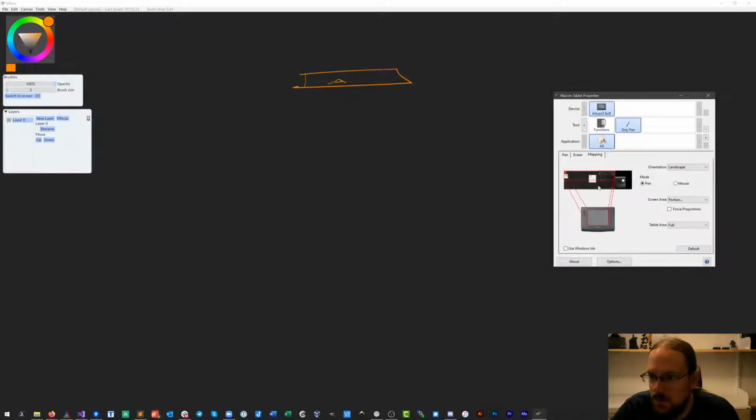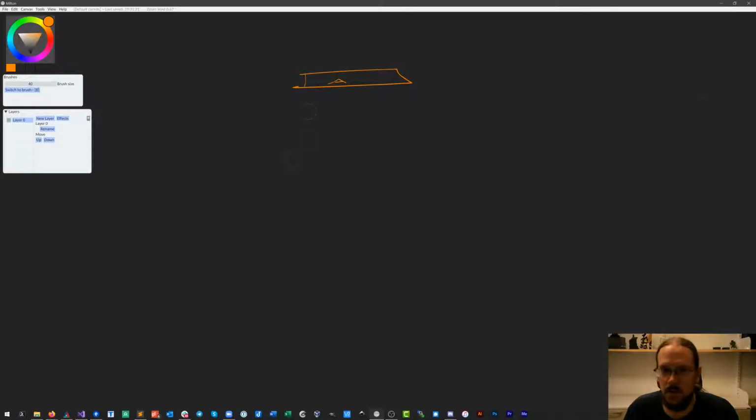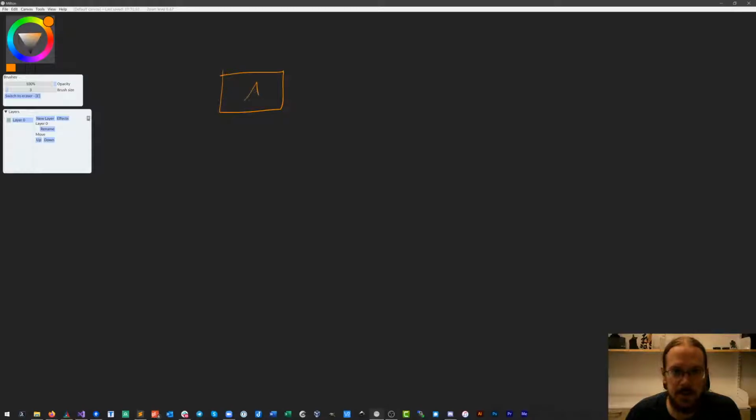I do not want to map it to the whole. So let's try this. Let's try the square one more. This is much more square-like. Great. So now we're having our assets.